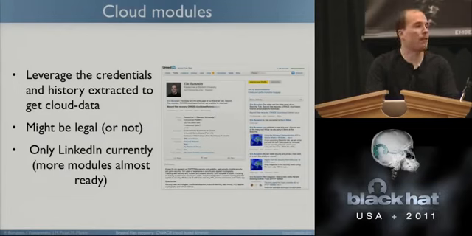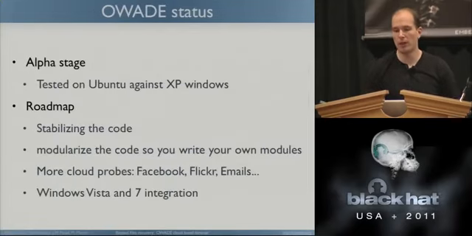And currently we only have one probe as a demo. We have a ton on the way, like a Facebook one, but for now we only have one in the release, which goes to LinkedIn, logs in with the user credentials, and extracts his resume in PDF and all his connections' photos and names and so forth, so you know who the guy is connected with. That's just a demo, but you can probably do it for every service.